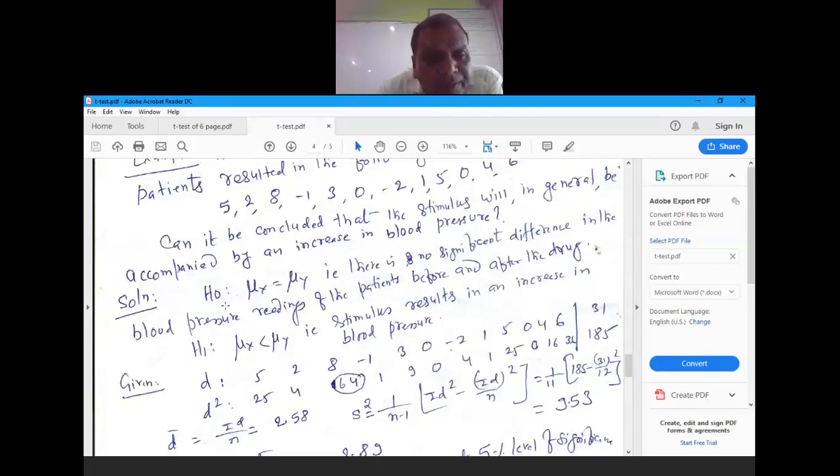So remember it, here you are given the value of di. So you do not have to calculate di. In the question, you are given the value of di. So now we prepare a column of di square. If you prepare a column of di square, then you will get 5 squared, which produces 25. If you square 2, then it will produce 4, like this.